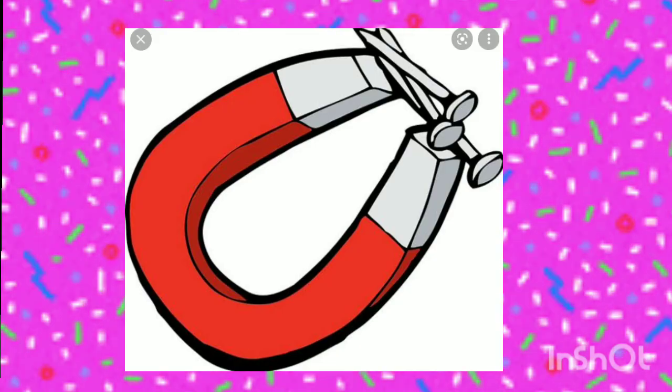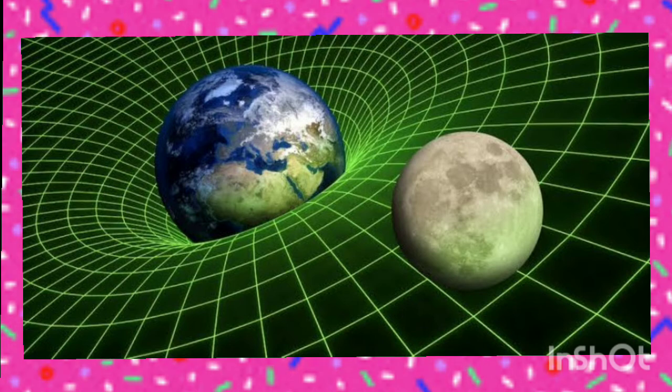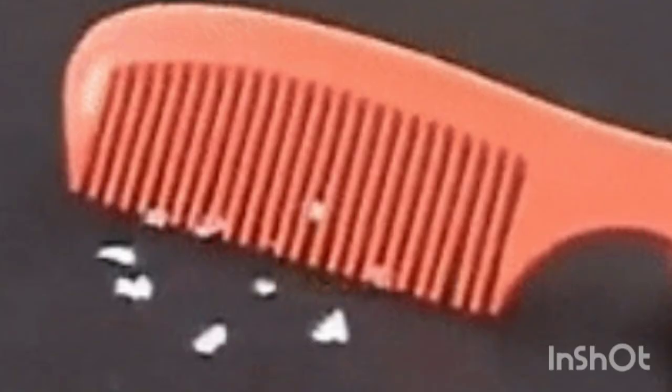You already know about electrostatic force, magnetic force and gravitational force. The force with which objects pull each other is called gravitational force. Then the gravitational force of the moon is about 1/6 of the earth. The next type of non-contact force is electrostatic force. That is, the force between electric charges is called electrostatic force.